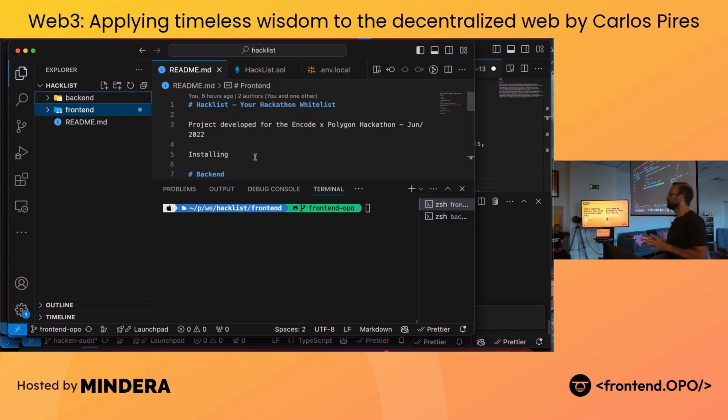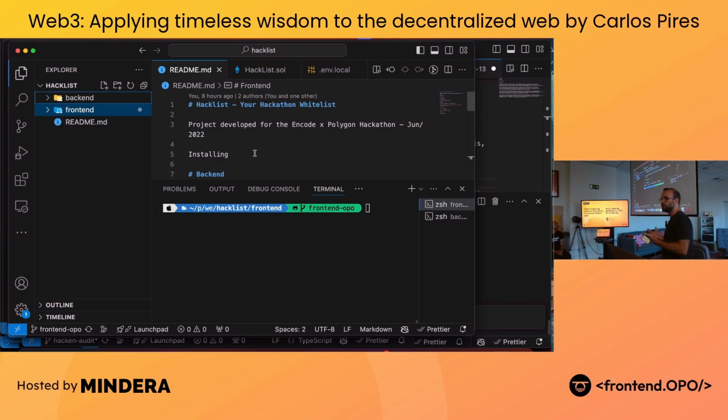It's a very simple application that I built in June 2022 for a hackathon that I participated in. Because as I told you guys, I used to live in Ukraine. When the war started, I came to Portugal and I was not feeling well, as you can imagine. So I decided I cannot work, I cannot do much stuff. So what can I do? I can study, because I know that I can use this later on. So that's what I did. And then I started to study about blockchain, and I got into this hackathon, and I developed this hack list